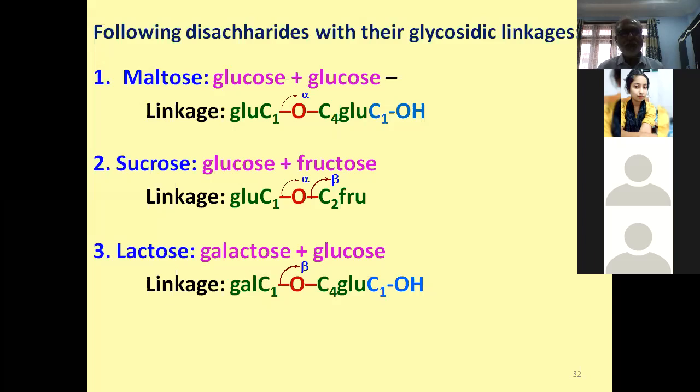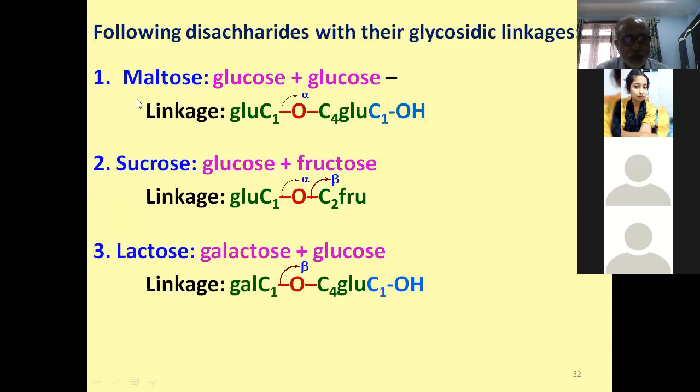Now, the disaccharides are formed in the same way as the glycoside of one monosaccharide. Once the glycoside is there, it can be either alpha or beta, depending on the position of the anomeric OH. So, we had discussed all these points. Now, there are three important disaccharides which we will be discussing. At least the structure of two we'll discuss. The third one you can read on your own because it is very similar to the first one. Number one is maltose, second one is sucrose, and third one is lactose.